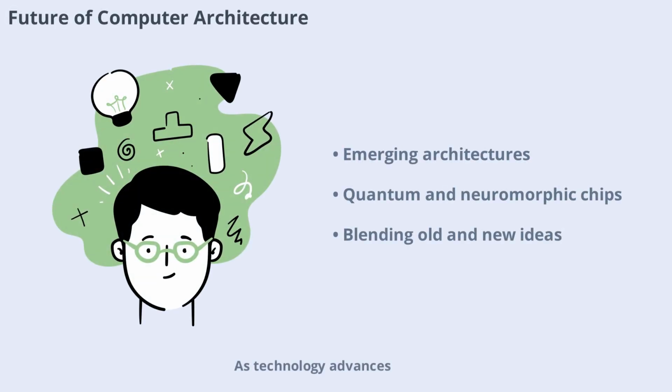As technology advances, new computer architectures are being developed to overcome the limitations of the von Neumann model. Quantum computing, neuromorphic chips, and other innovations promise to revolutionize the field. However, the foundational ideas of von Neumann continue to inform and inspire these new designs. The future of computing will likely blend old and new, building on the strengths of past architectures while exploring new